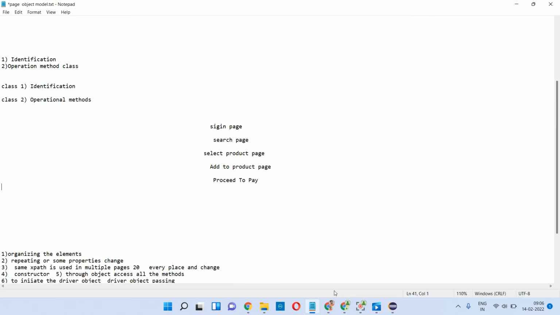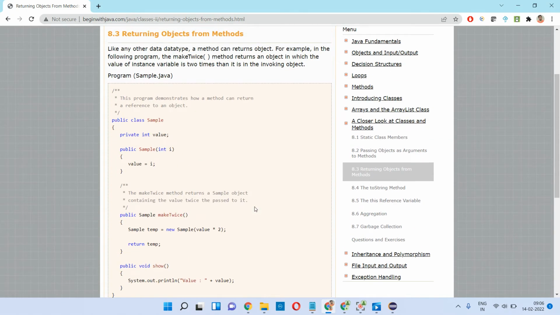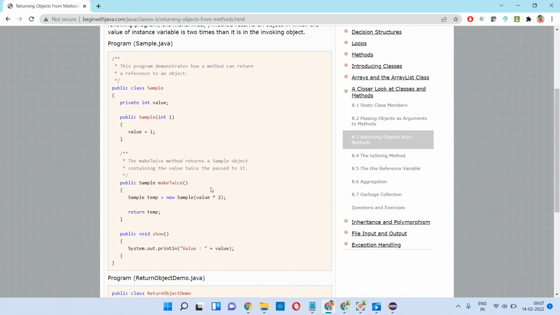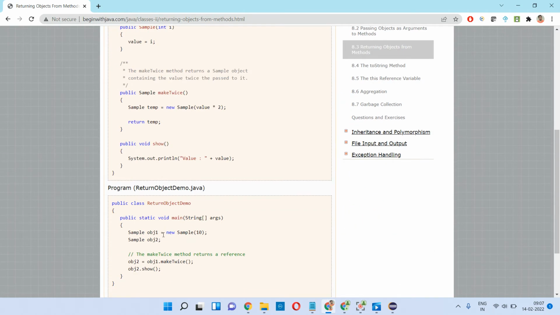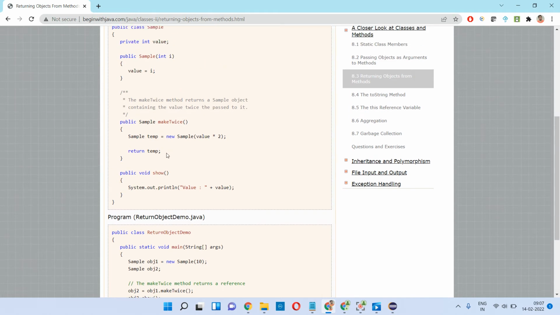So in Java, we can return a method also. Suppose I have a sample class. If I return a sample value, I have taken another value also, and make twice is a method. So I'm returning this particular value so that whenever I want to execute another method, I can. Here I have a return type so that this particular value will be executed.